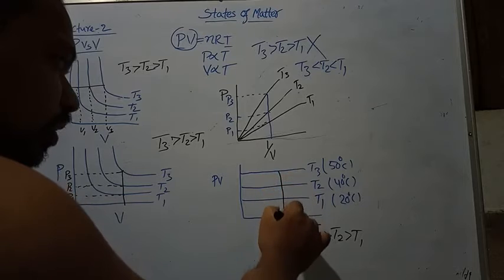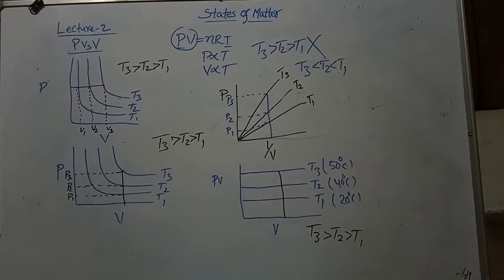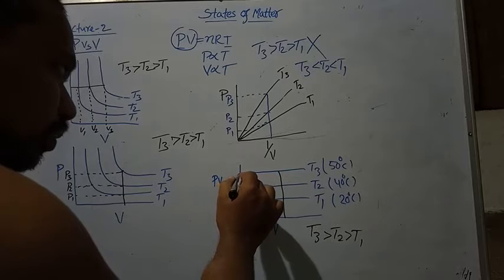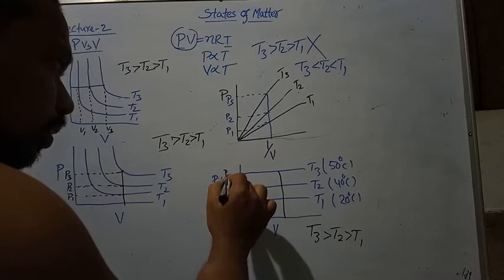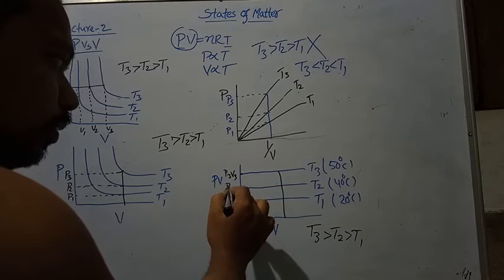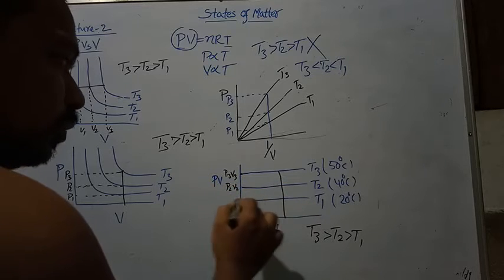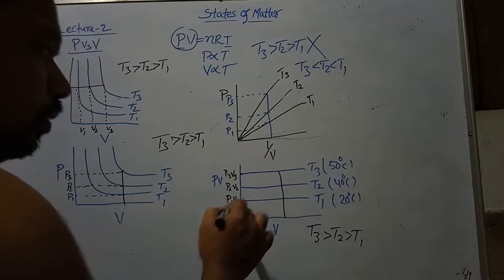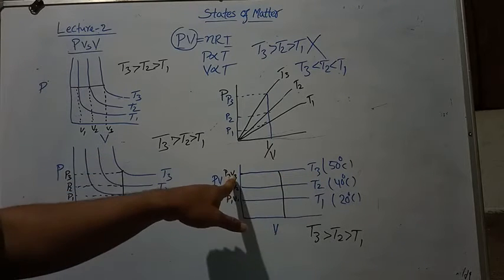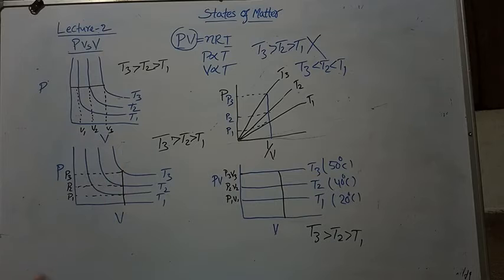So if volume is fixed, okay, volume is fixed, this corresponds to V3, V3. This corresponds to V2, V2. This corresponds to V1, V1. See that? As temperature increases, the P3, V3 value will be increasing. So just like that, we have to take the graphs.